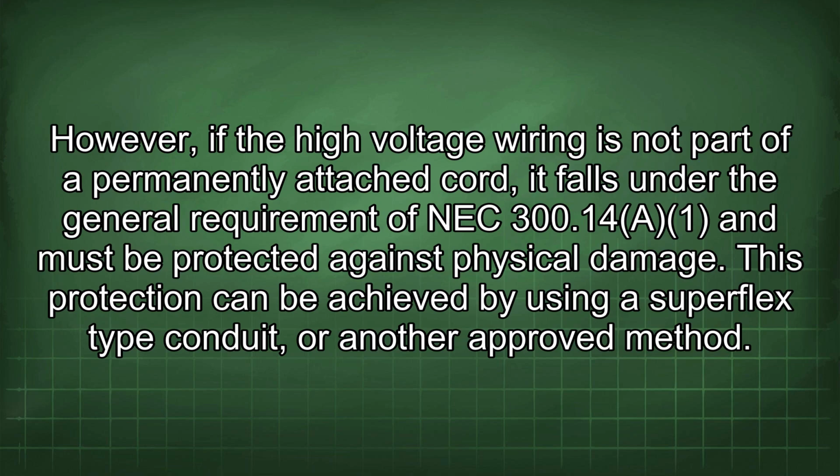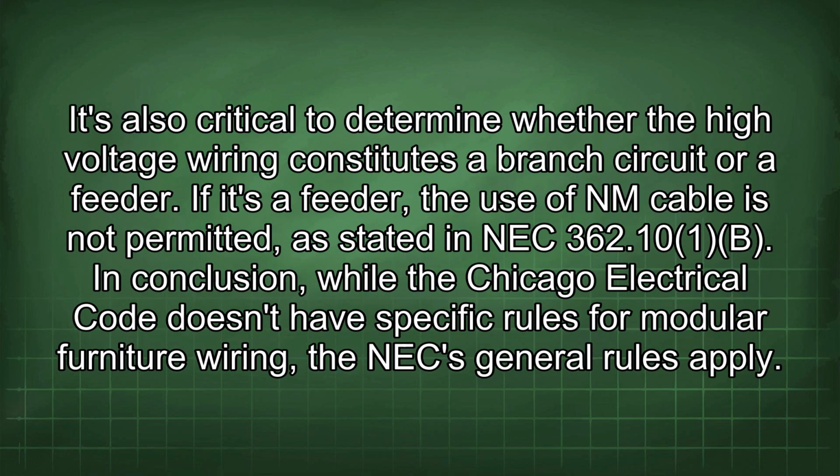requirement of NEC 300.14a and must be protected against physical damage. This protection can be achieved by using a superflex type conduit or another approved method. It's also critical to determine whether the high voltage wiring constitutes a branch circuit or a feeder. If it's a feeder, the use of NM cable is not permitted, as stated in NEC 362.10b. In conclusion, while the Chicago Electrical Code doesn't have specific rules for modular furniture wiring, the NEC general rules